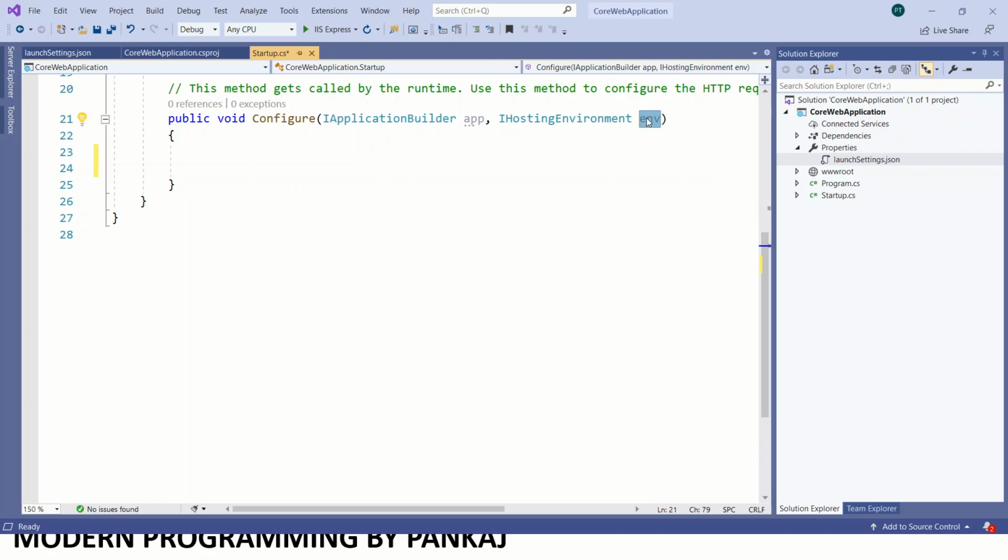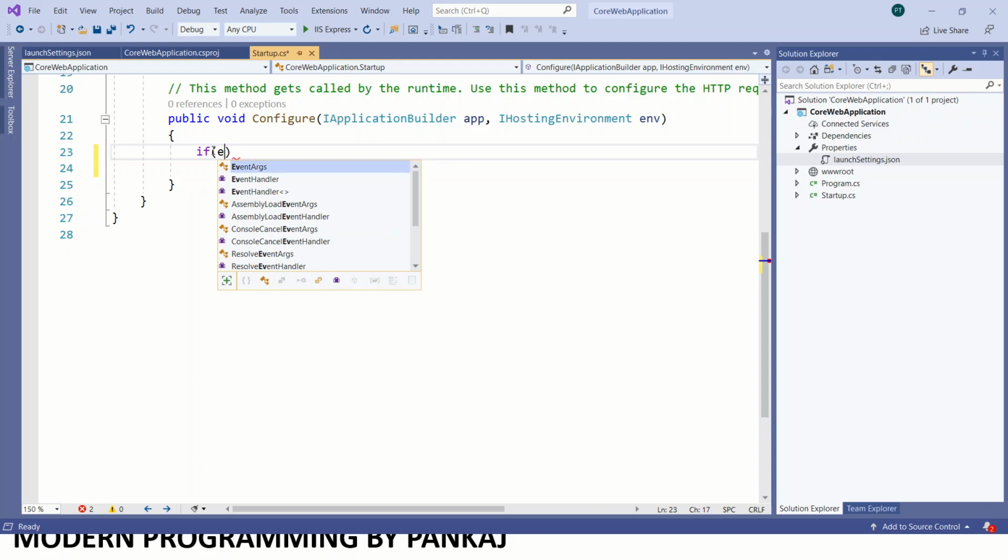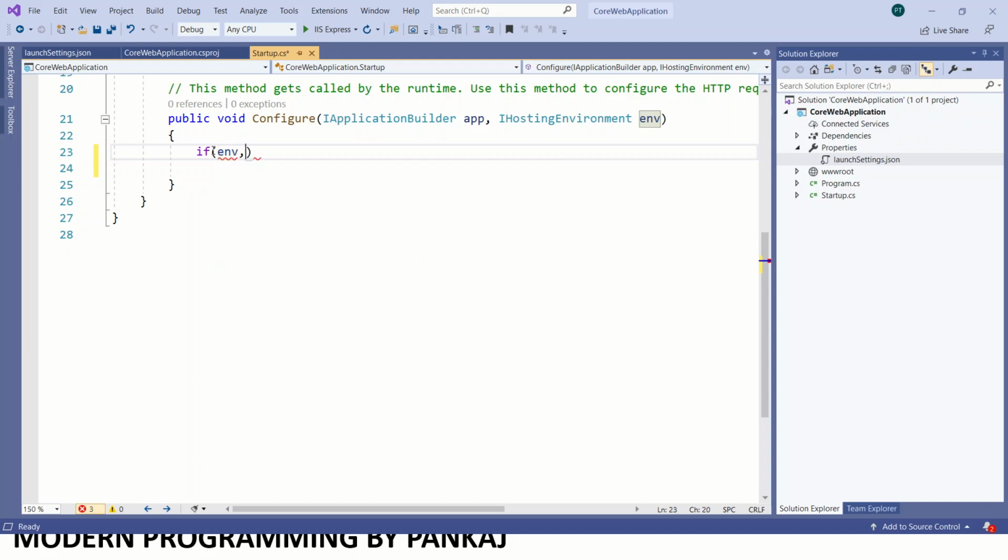ASP.NET Core also includes extension methods to check the environment, such as IsDevelopment, IsStaging, IsEnvironment and IsProduction. Suppose you want to check the value of the environment variable. You can just use Is.